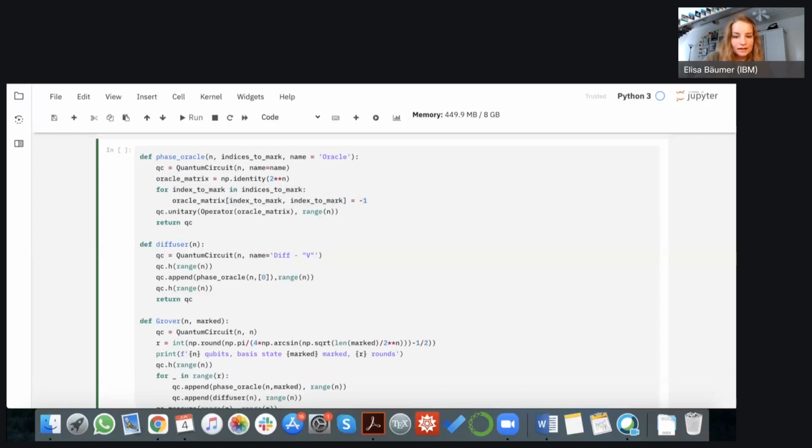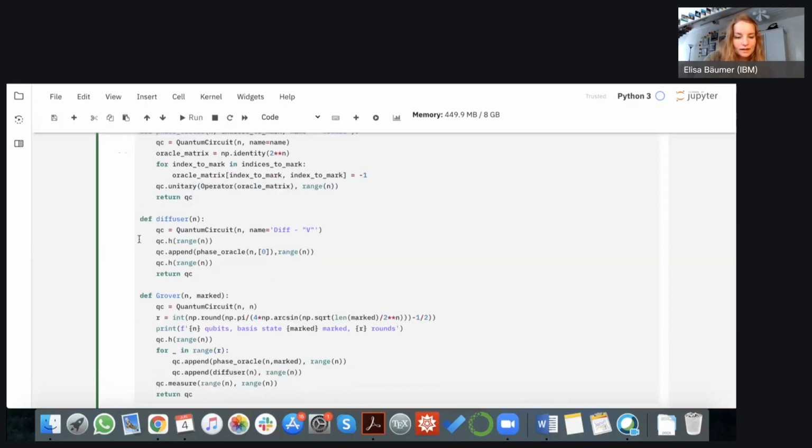This way, we get the -1 phase on all the elements that we need it for. And then comes the point where we need to convert this matrix as a unitary into an operator and append that to our quantum circuit, which we can do with this line on the n qubits, and then we return the quantum circuit.